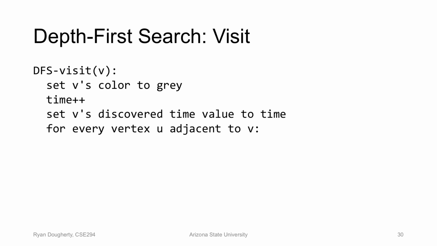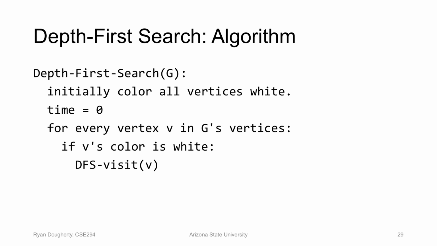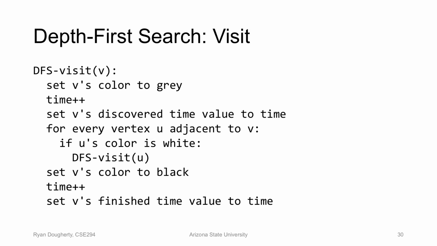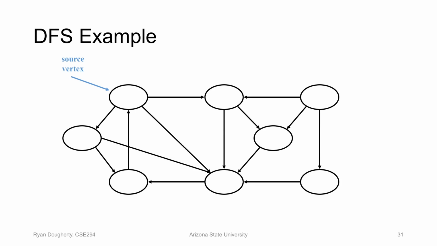Because if we look at the way the algorithm works, I just iterate through every single vertex in the set of vertices. It didn't matter whether it was connected or not, and I'm not branching out in this way. So even if we get to a point where we can't go any further with respect to depth first search, I just pick another vertex, even if I couldn't reach it from where I started. So it doesn't matter whether it's connected or not. Because the algorithm just says iterate through all vertices and do this visit thing, it doesn't matter where I start,